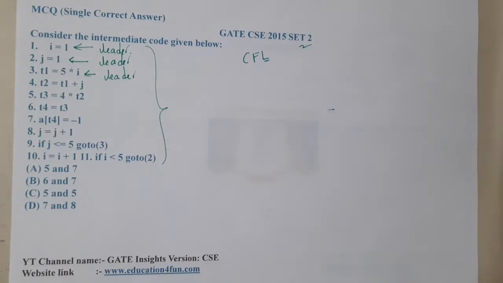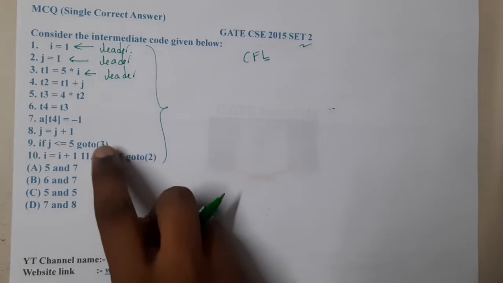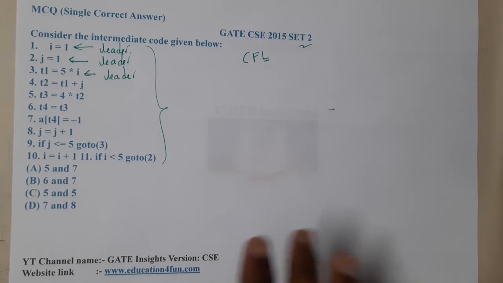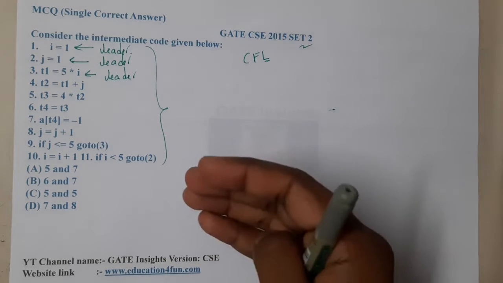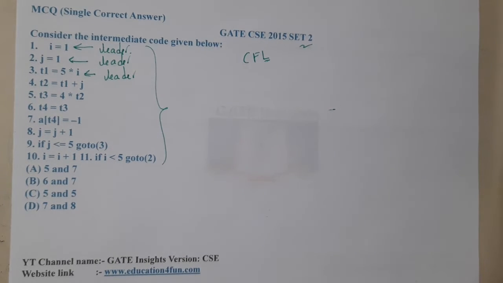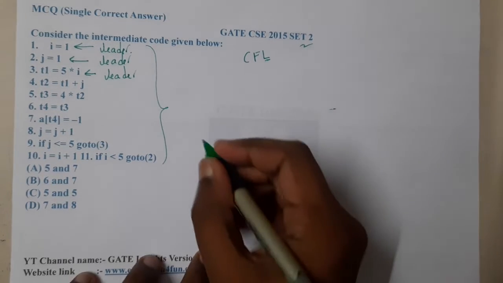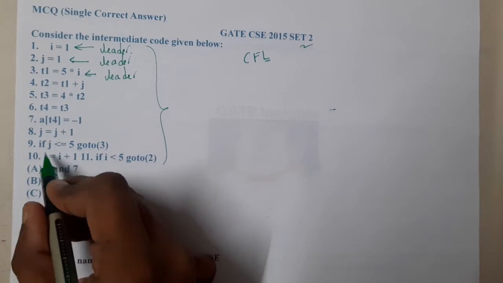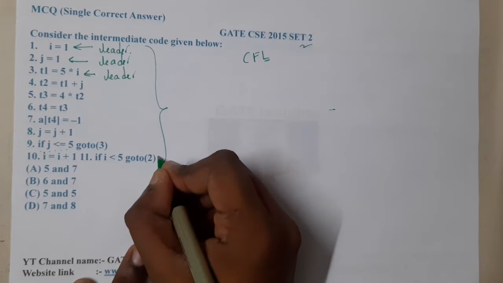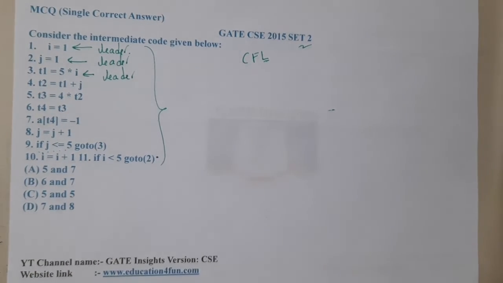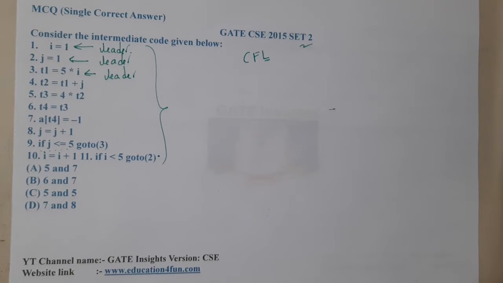So the first rule is the first line will be the leader, and the second rule is wherever you are finding gotos, all of them, like goto 3 means the third line will be a leader. And the third rule is that statements followed by a condition will also be a leader. Based on that, what can we conclude? So basically this is also a leader, right? Here I am having a condition and that is followed by this, so this is also a leader.